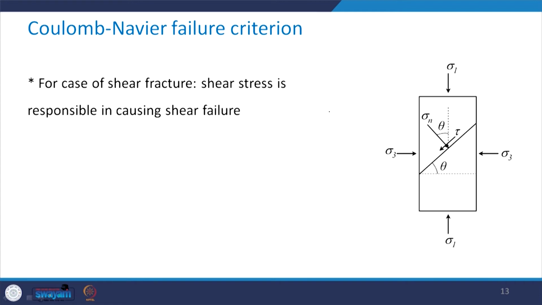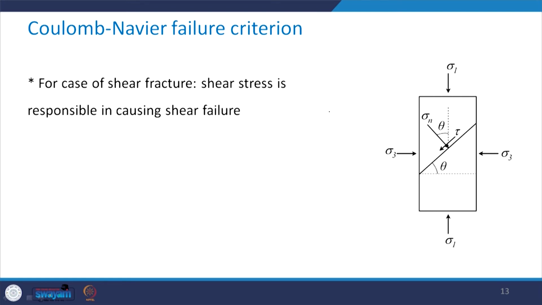The answer you will get maybe after a few classes when I will discuss with you the Hoek and Brown criteria. There we will see how the parameters of the Hoek and Brown criterion can be used to determine the c prime and phi prime for the rock mass. So this was all that I wanted to discuss with you as far as the Mohr Coulomb failure criterion was concerned. Now to start with,